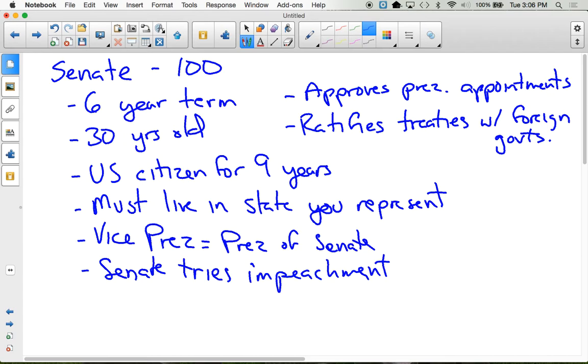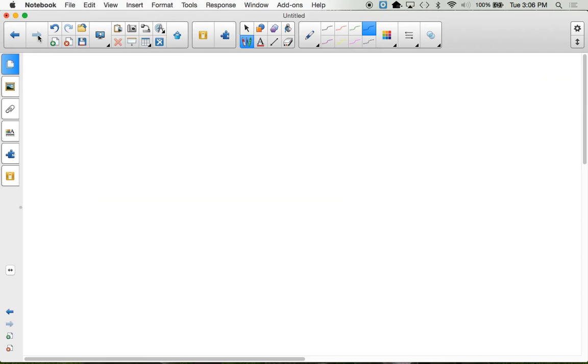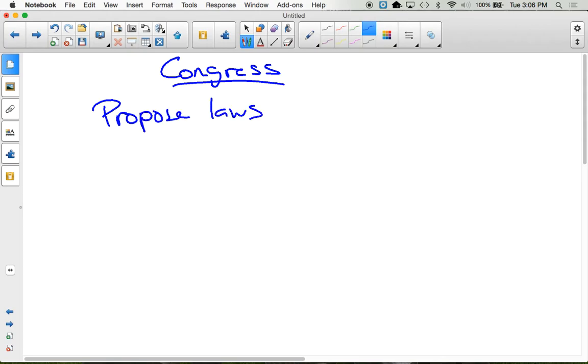Together, as a whole, as the Congress. They both can propose laws. The only ones they can't propose are the tax laws. That comes from the House. They both